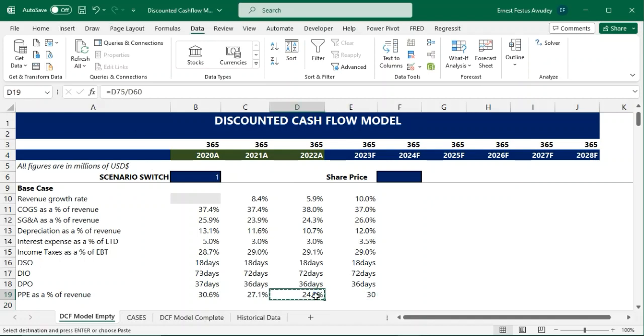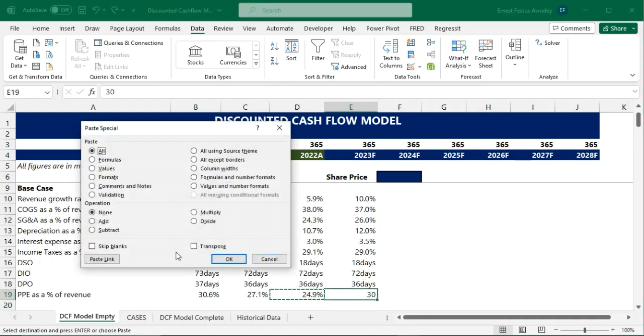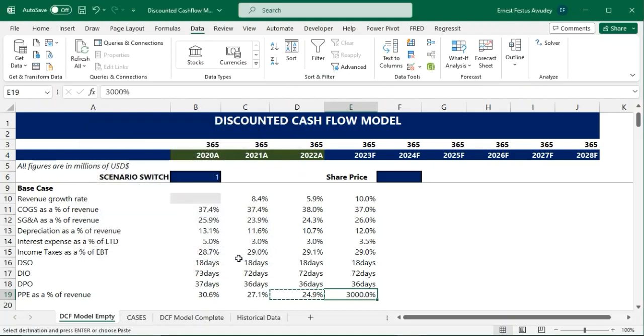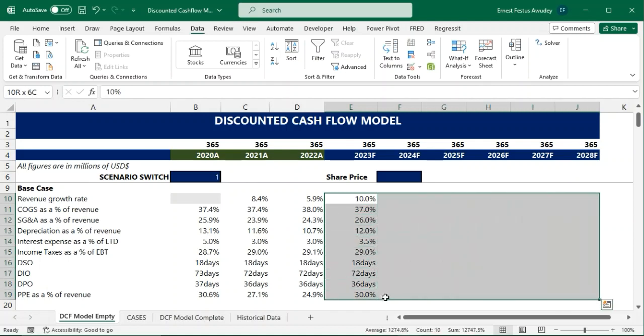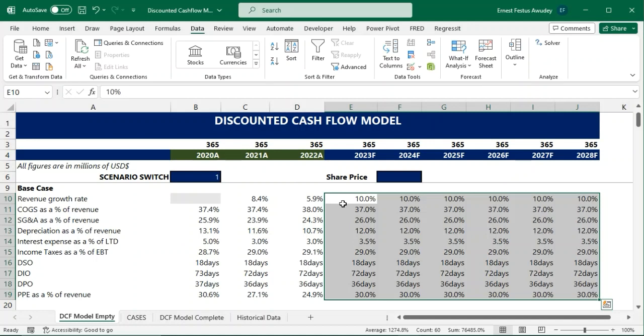So I can actually copy this, come here, paste special, and I'll select format, then I'll press OK. So that is actually supposed to be 30%. Alright, so we have our assumptions here. I'm going to copy this to the right. So Control R, and since these are hard-coded numbers, which means they are not